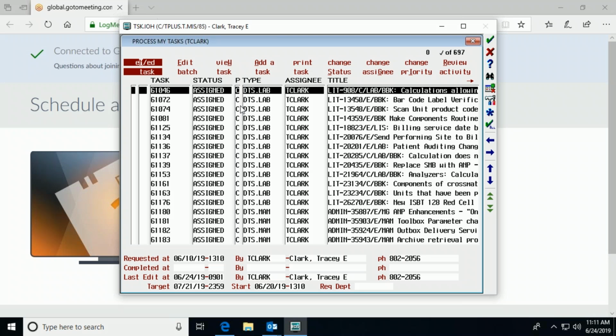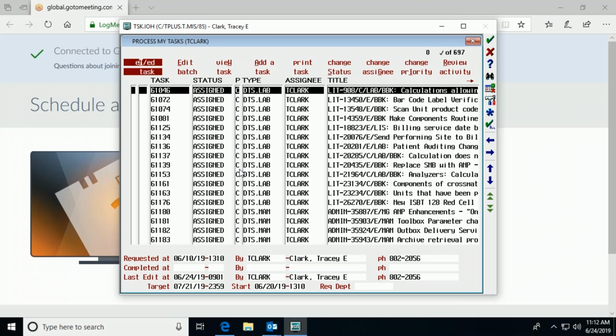So all of your tasks are already default sorted by priority, and that's this little P column right here. That's the priority column, and the priority of D is the sort of the default. That's vanilla. And then as we talk about an individual DTS and what the priorities mean, you'll see that there is an opportunity to reprioritize your DTSs, and many of them have already been reprioritized because they are release highlights. Okay,